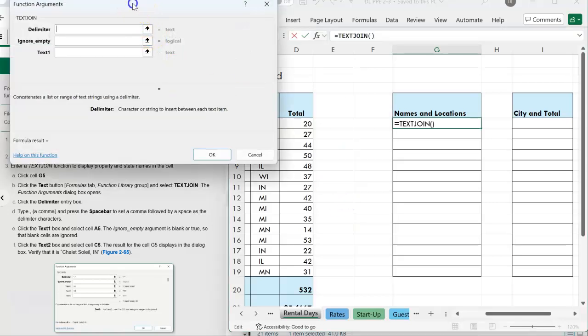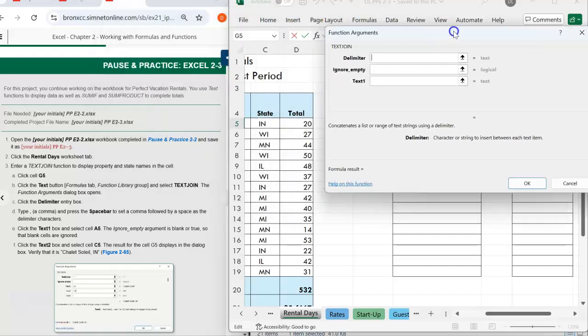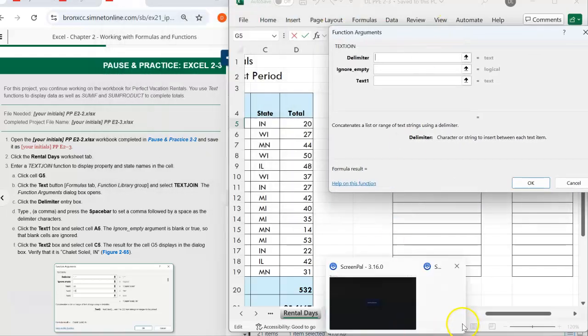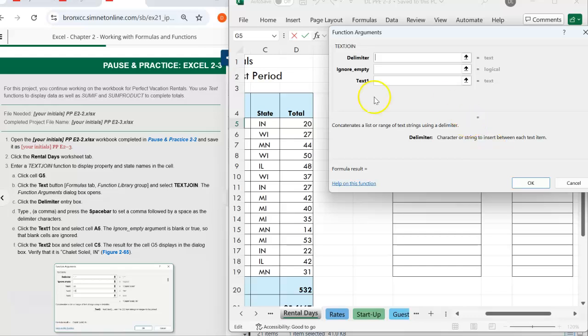Now it brings out the formula menu. Let's click the delimiter entry box and press a comma, meaning type a comma and a space. This will give you a space between the texts. Okay, right. Next, let's go to